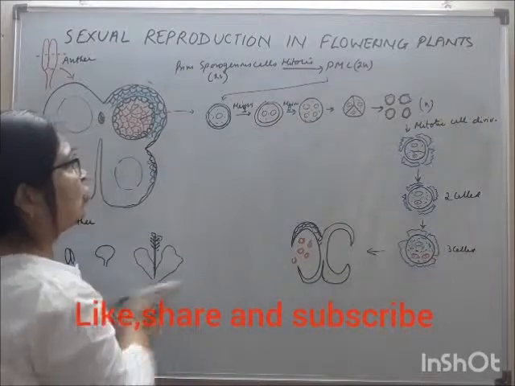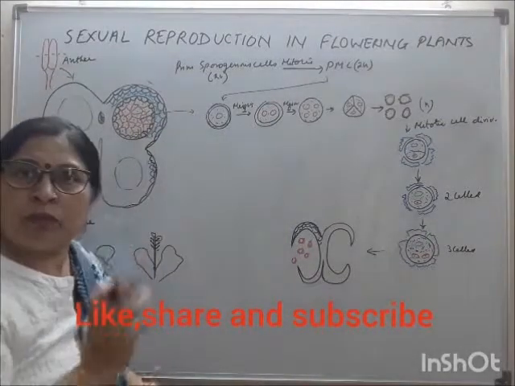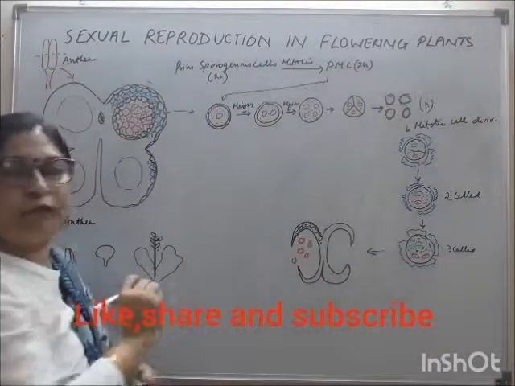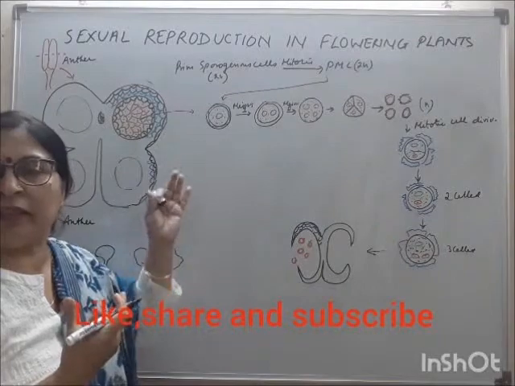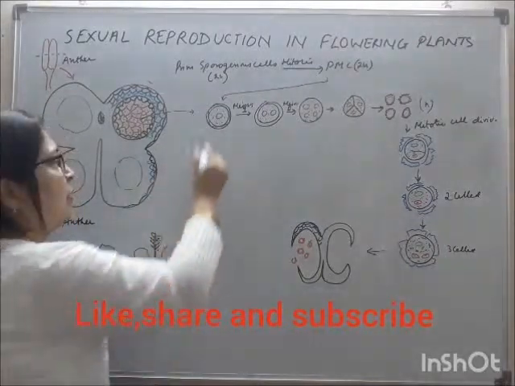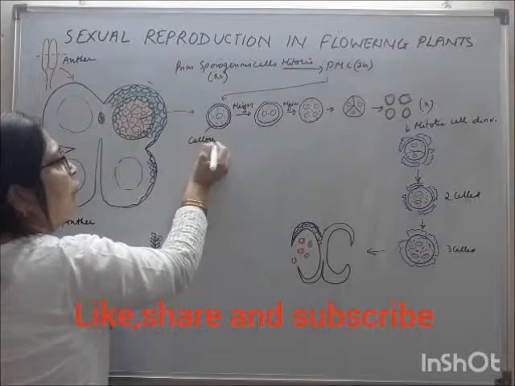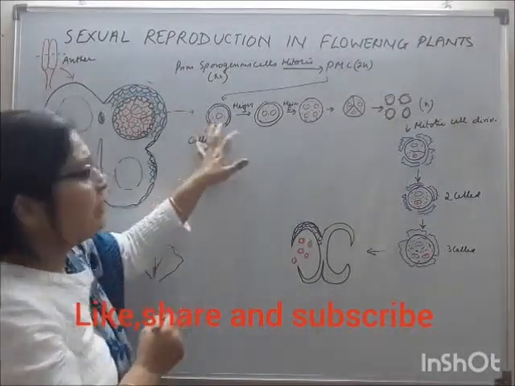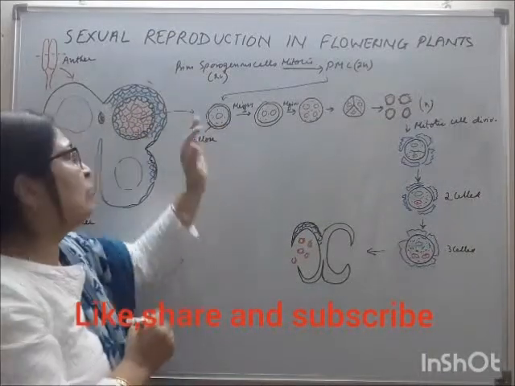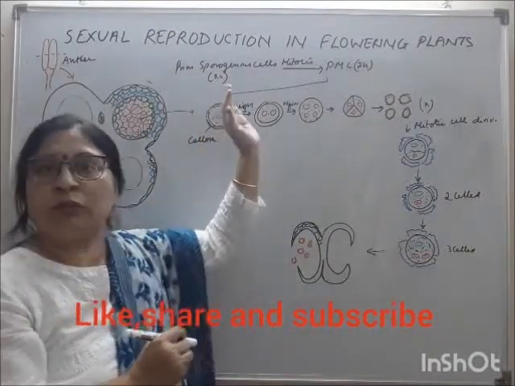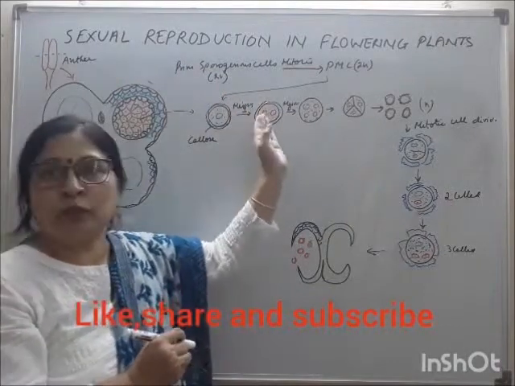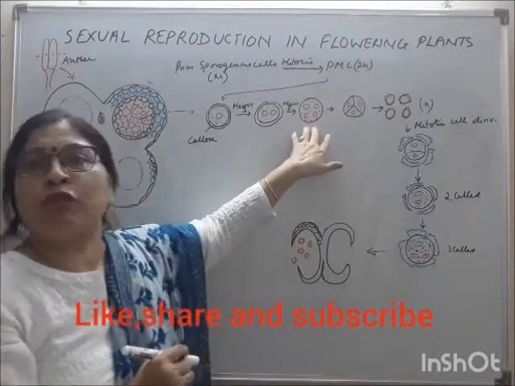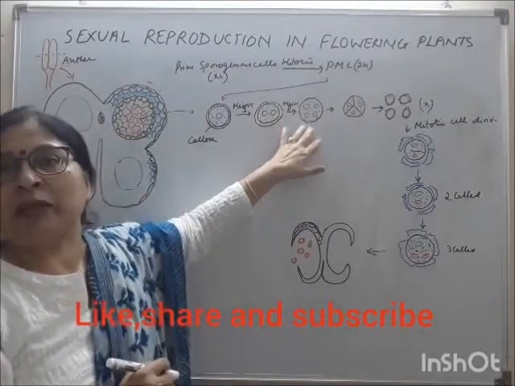तो सबसे पहले meiosis हुआ. In meiosis, each microspore mother cell or pollen mother cell is surrounded by a layer of polysaccharide, a layer of callose wall, that is a callose tough layer, which protects the developing pollen grains. Now first the nuclear division takes place, that is meiosis 1 cell division, which produces 2 microspores, and then again it undergoes meiosis 2 cell division, then it forms 4 microspores, and these microspores